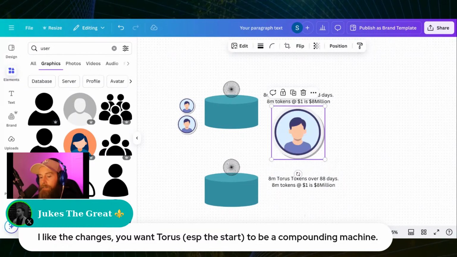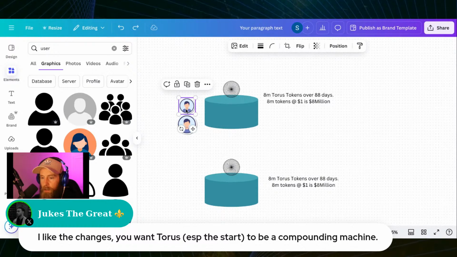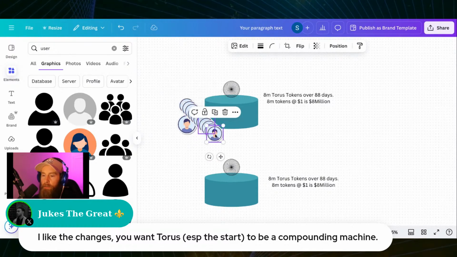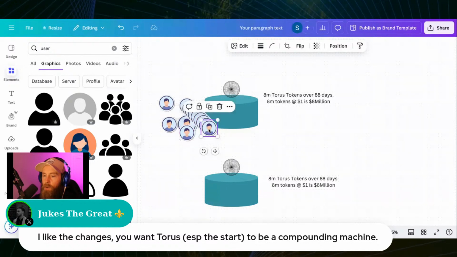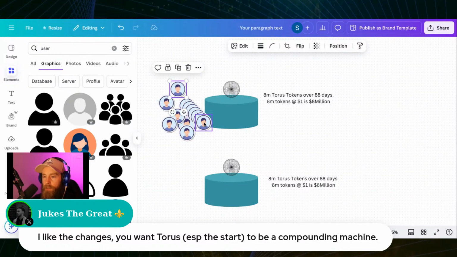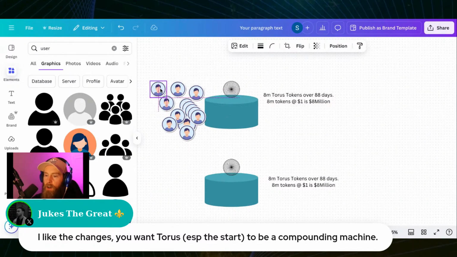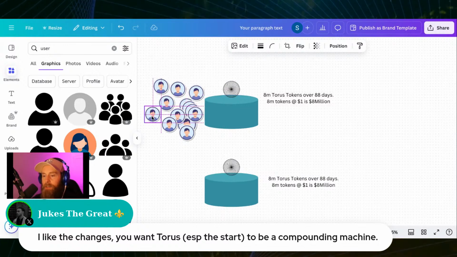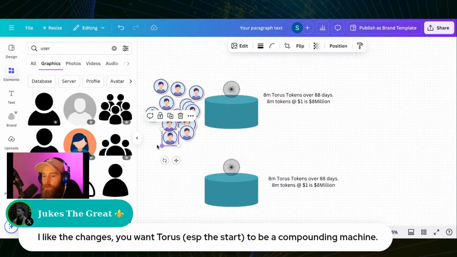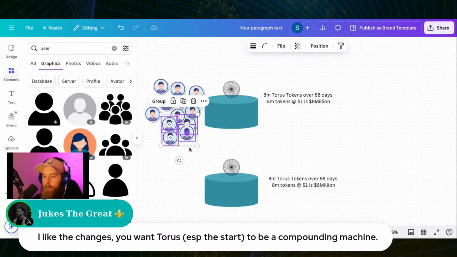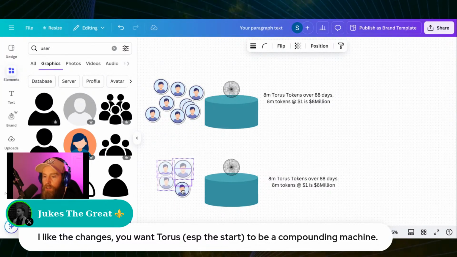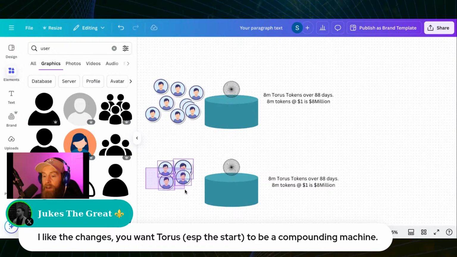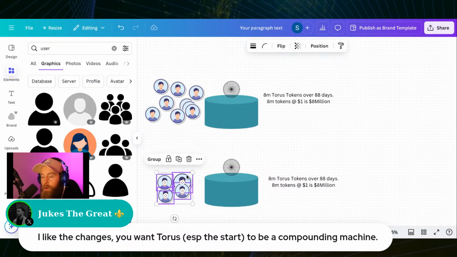And let's say in this first time around, there was a ton of people that got into TORUS. And the ROI was like 50% or something like that. And all these people are like, I don't really want to go in again. And only a small chunk of these people come down here. Well, let's say it's legitimately half of the shares or half of the people come back. So half of the pool is taken up again.